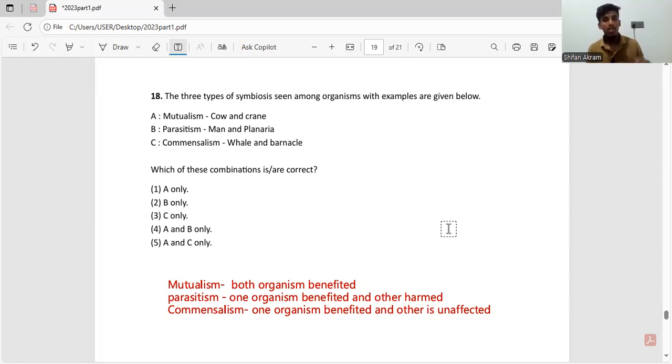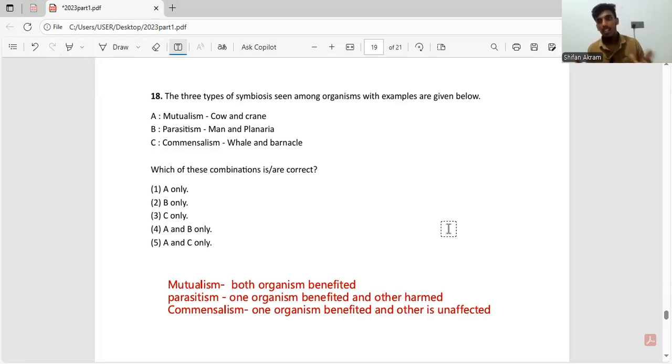Third statement, it's about commensalism: whales and barnacles. Now what is a barnacle? A barnacle is an organism that is present in the sea. But the thing with these fellas is that they can't move after they become adults. So they go and attach to whales. When the whale moves, the barnacles also move because they are attached to the whale, and they also get food during that movement. They don't eat the whale, because if they did, it would become parasitic, right? They feed on other things such as plankton found in the sea.